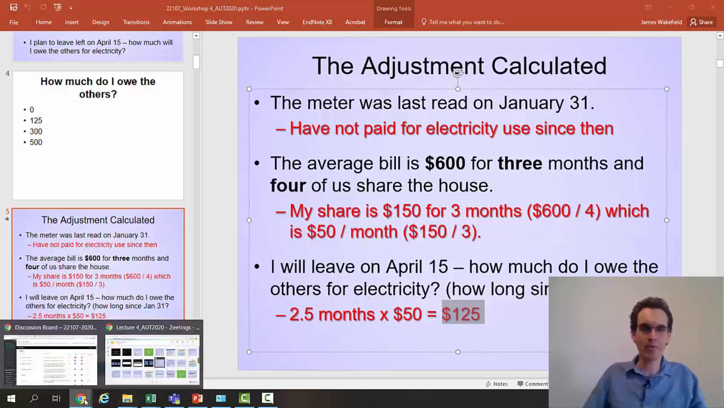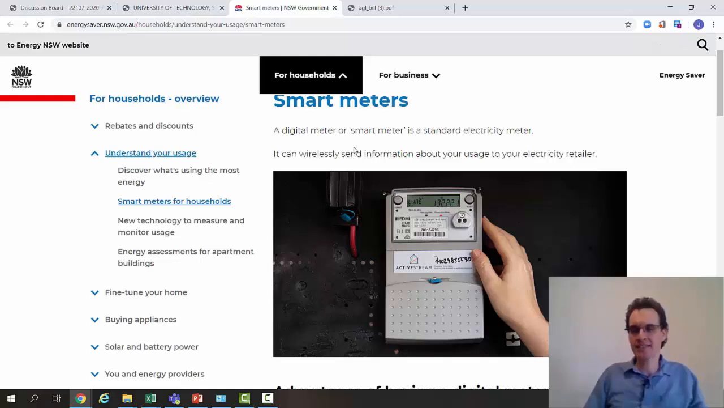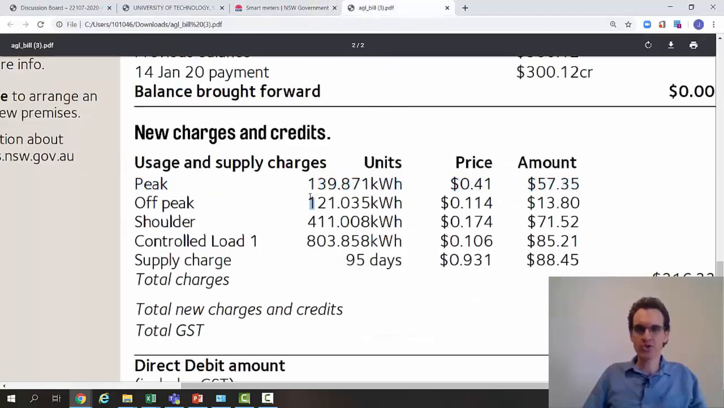So let me give you an example. If I have a look at an electricity meter, this is what's called a smart meter. This meter sends information about the electricity you have used to your electricity retailer. So that could be Energy Australia or AGL or some other service provider. So then they can generate the bill and send it to you for the quarter. Now, what these smart meters typically embed is time of day charges. So that means that if you use electricity in a peak time, you're charged more. So if I show you my electricity bill,